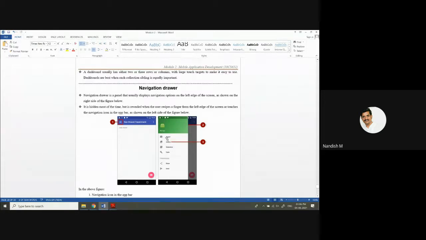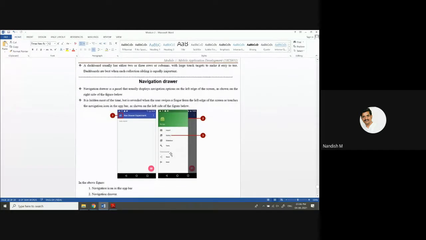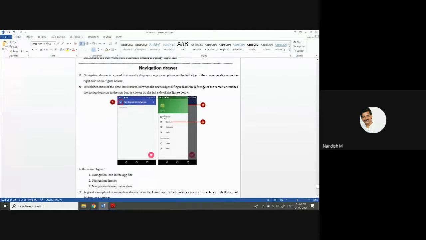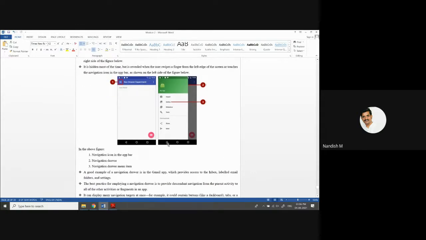What are these? Gallery, import, slideshow, tools? They are the icons, menu items. Navigation drawer, menu items. A simple example is Gmail, but it is not always Gmail. You can see so many apps, and the behavior will be like this itself. If you see the user interface of so many apps, it will be like this itself. Navigation with a button.